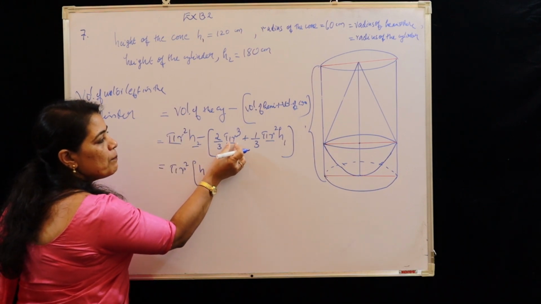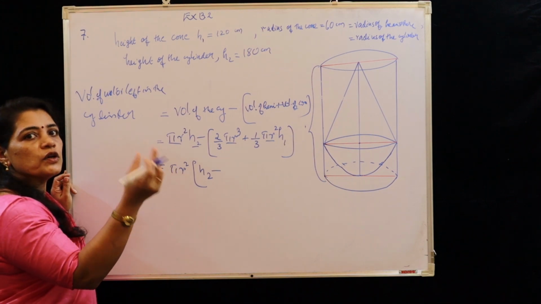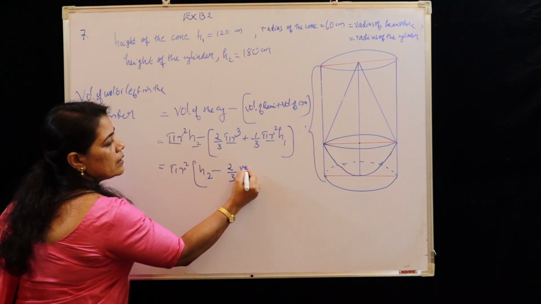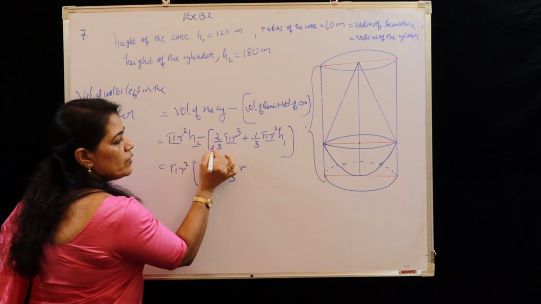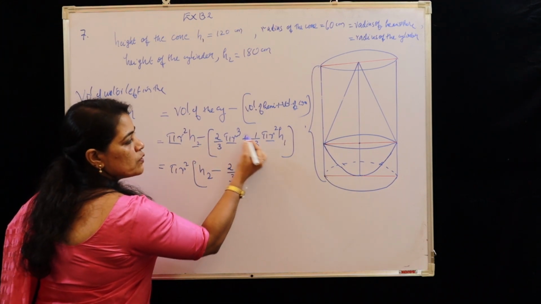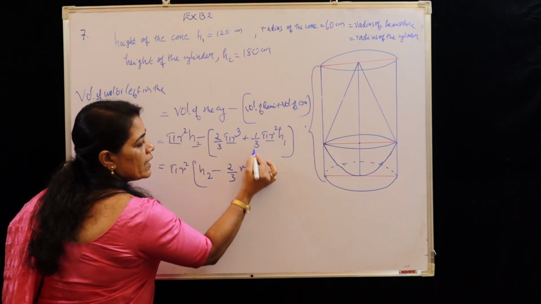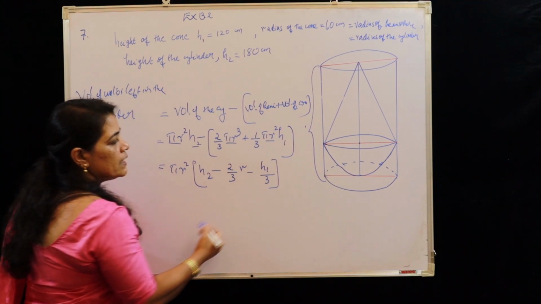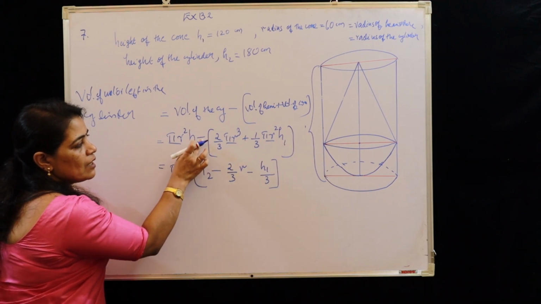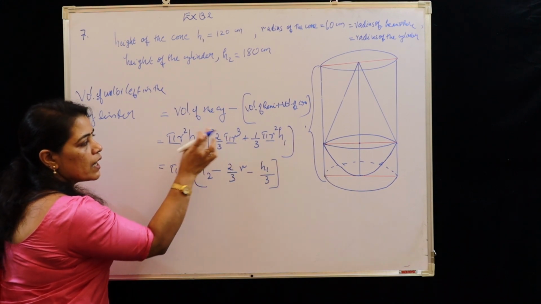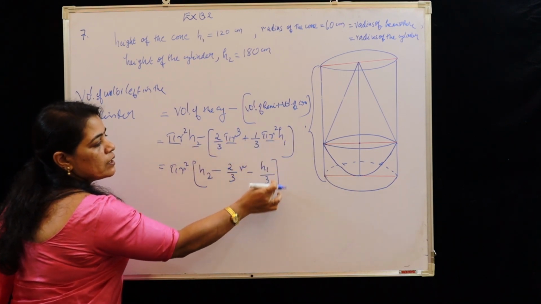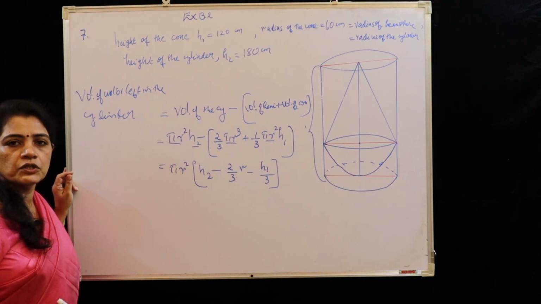After taking pi r square, r cube means r square into r, so one more r is there, and at the same time 2 by 3 r. And again minus, opening the bracket by multiplying with the minus, pi r square taken outside, h1 divided by 3. Is the step clear, children? Pi r square from the three terms is taken outside, so h2, then minus 2 by 3 r, since we have r cube, then minus into plus is minus, pi r square already taken, so h1 by 3. In this step only we are going to substitute the values.